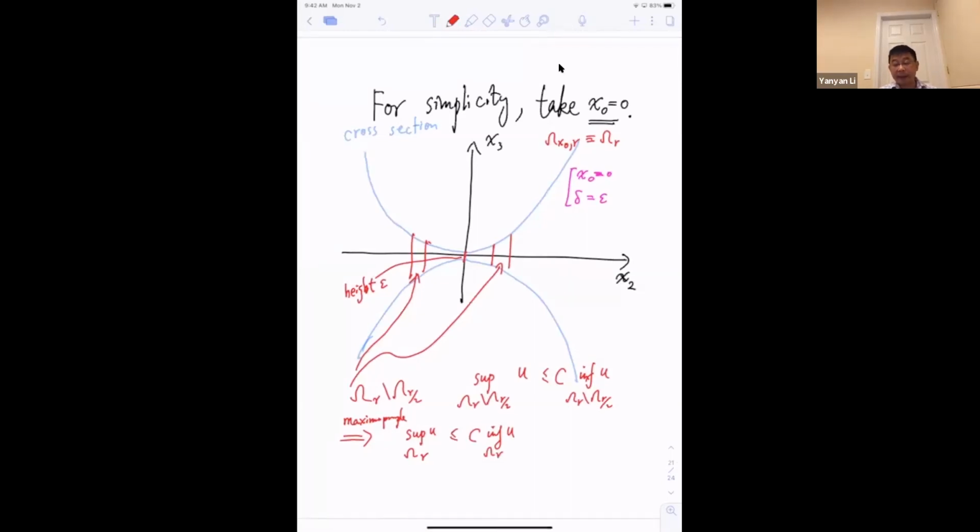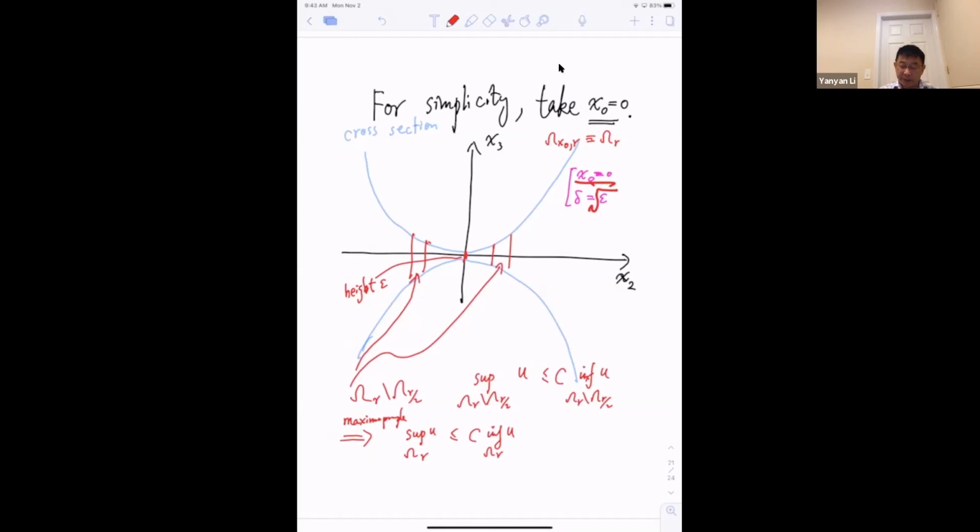For simplicity, let's simply take this x0 to be at the center. So take this delta to be the square root of epsilon. Then the shape here,